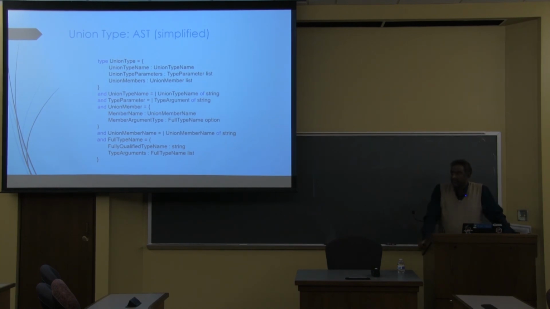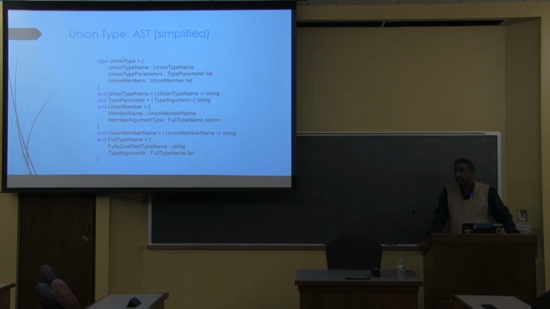Okay. You said that's roughly equivalent to a BNF? It's kind of roughly equivalent to BNF, yes. I mean, what does the word "and" mean? So that's a quirk of F#. It really simply means that that set of types is mutually recursive. That is to say, in F#, everything's forward declared only. So you can only use things that you've seen before. But if you want to have a mutually recursive type where you have a type that's dependent on another type, then you need to put them together as a block.